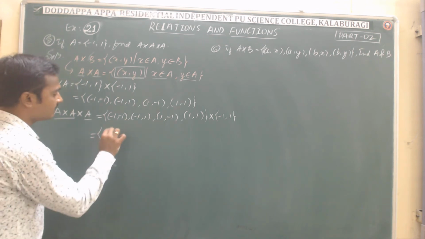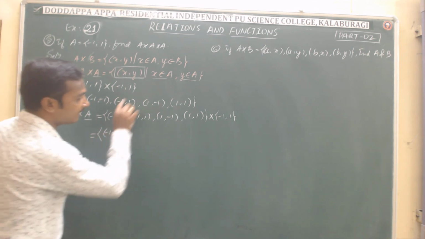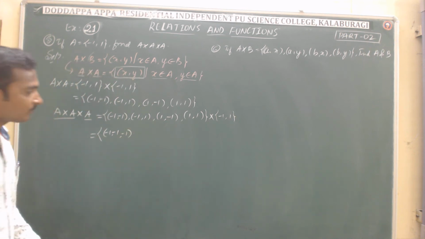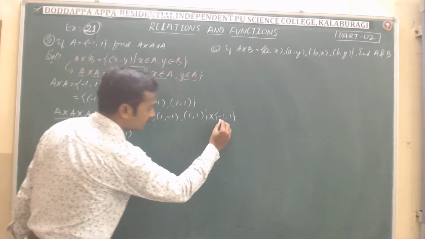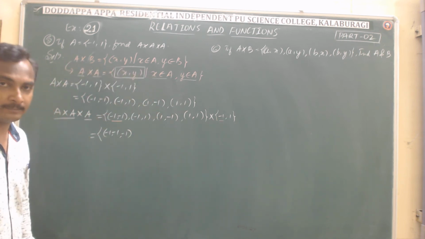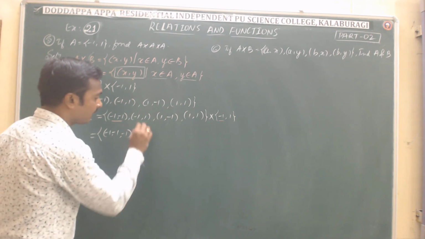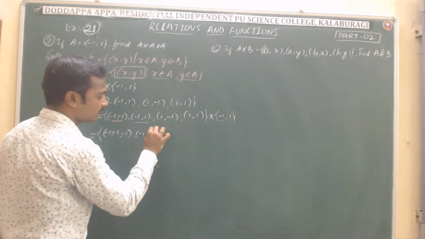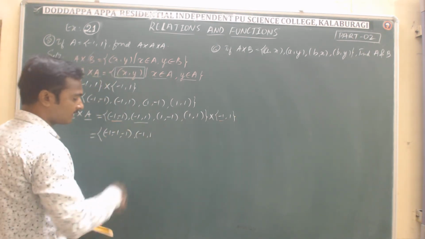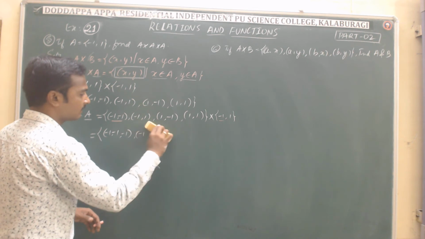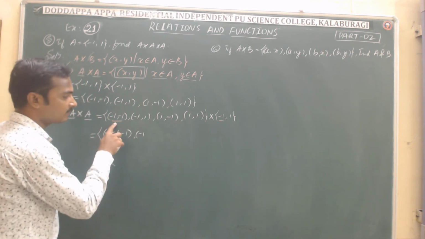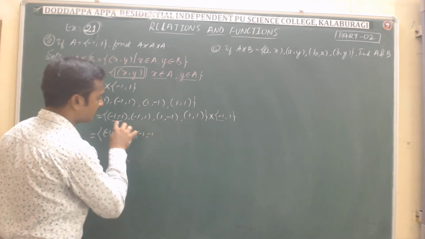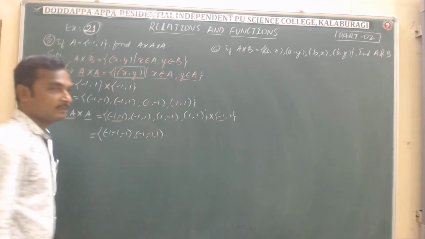Okay, so -1 comma -1, this element is taken in relation with the first element, that is -1. -1 comma -1 related with -1, written as an ordered triplet. Let us relate the same element and complete one by one. -1 comma -1 relates to -1, written here. -1 comma -1 relates to 1. So -1 comma -1 as it is, and that 1 will be the member of this ordered triplet.